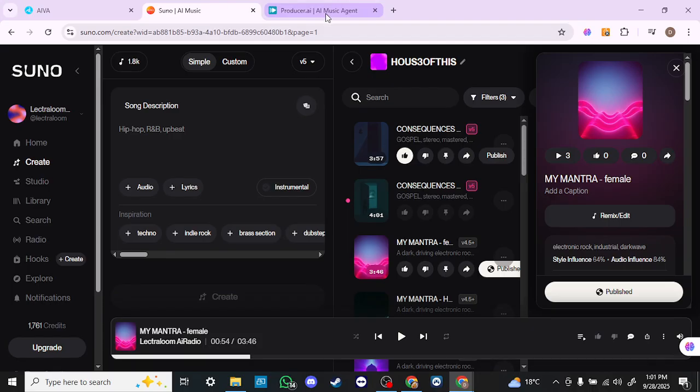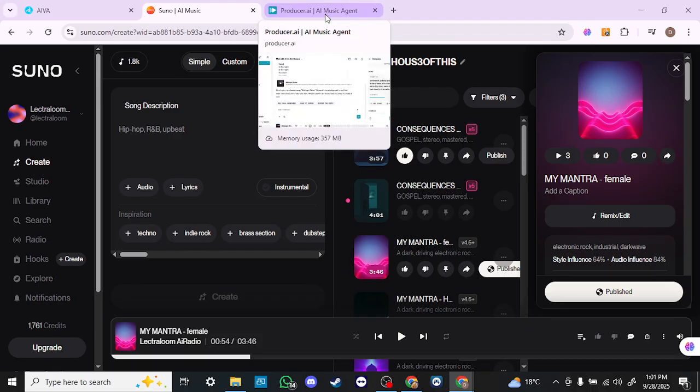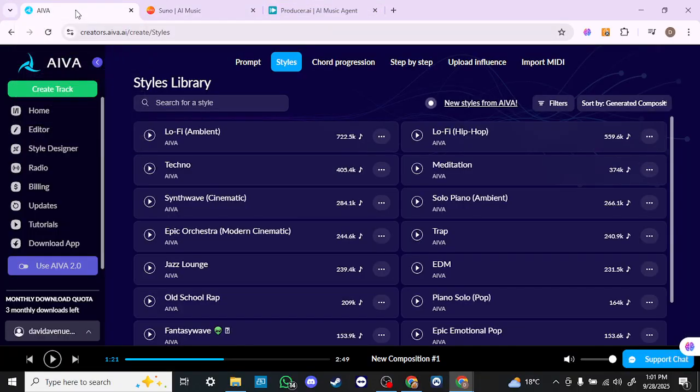But Producer is nothing to sneeze at. It is doing some really cool stuff there. And last time I checked, it was pretty much free. They do have a subscription tier, but you can really get in there and do quite a bit with Producer. Aiva, on the other hand, I'm not as familiar with, and quite honestly, not overly impressed,